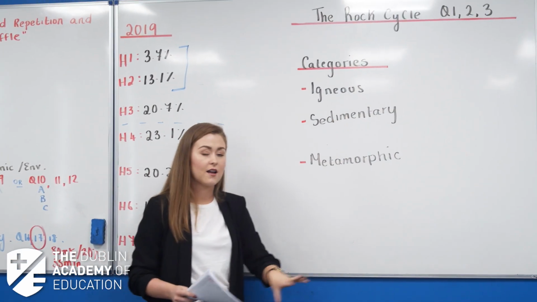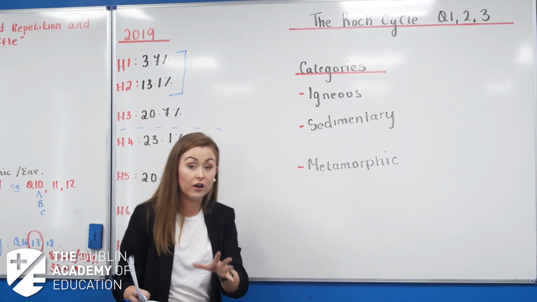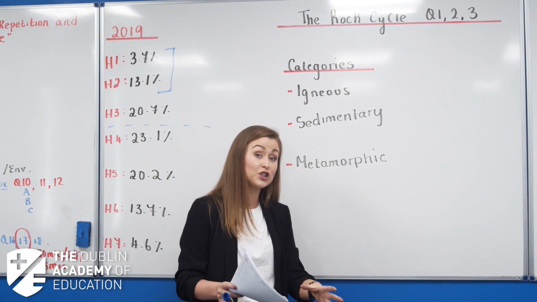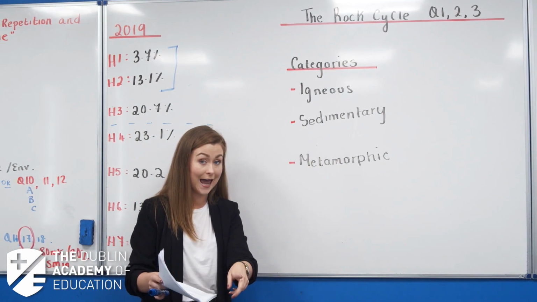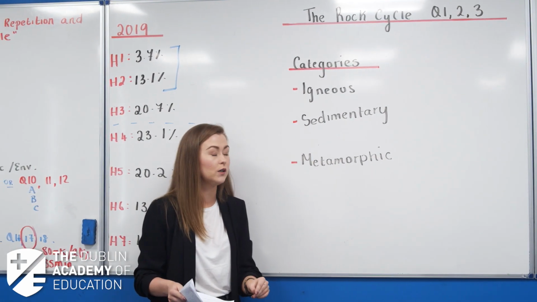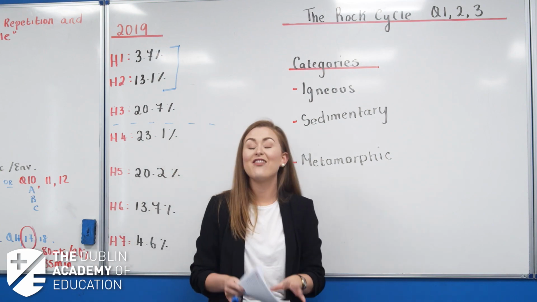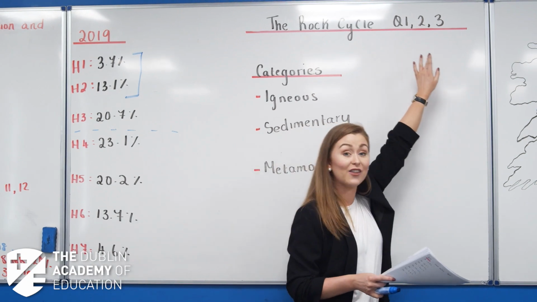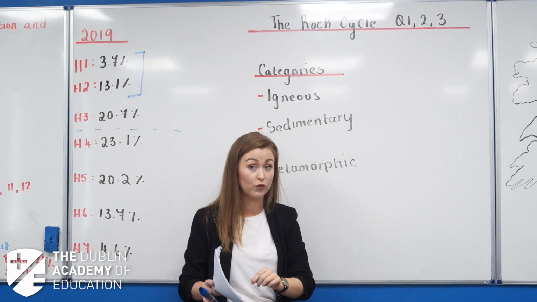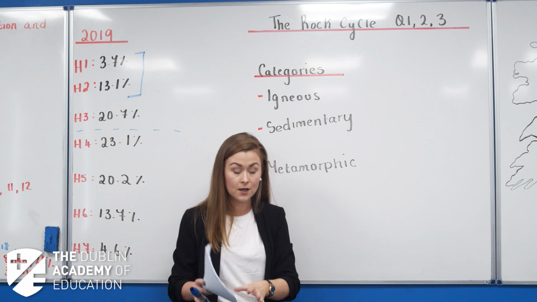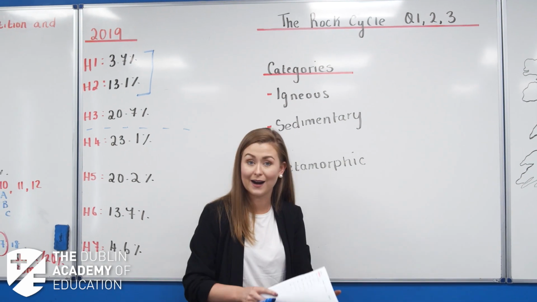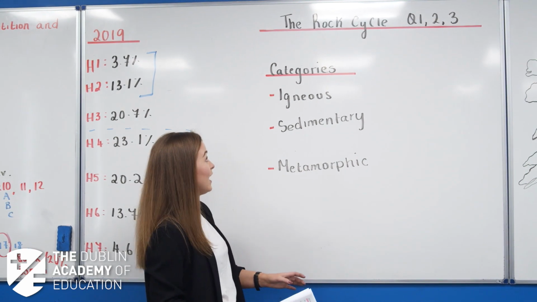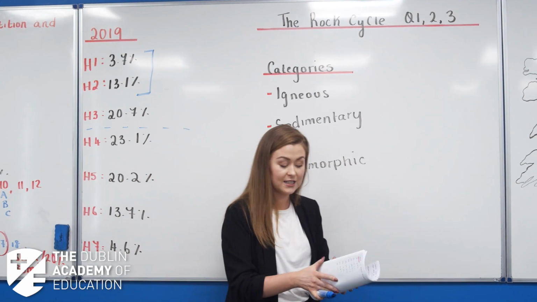The rock cycle appears every single year on the Leaving Cert paper. It has never not appeared. It appears in your short questions, your 12 short questions, you answer 10, which is 80 marks in total. And then it appears in your physical geography section, questions 1, 2 and 3, which you choose one of. Sometimes it even appears twice. So it's asked in your short questions, your part A's, and your essay style questions in 1, 2 and 3. So have your highlighter at the ready.